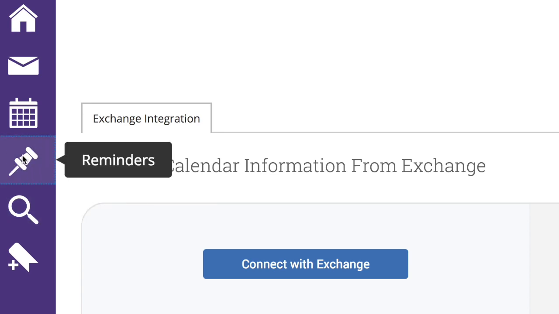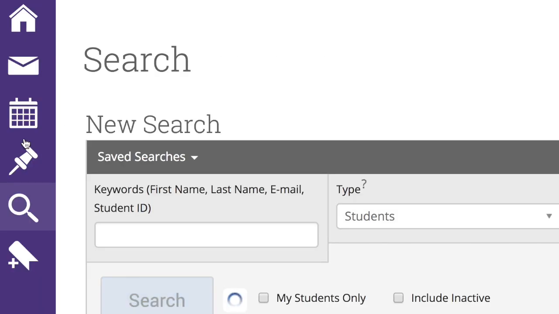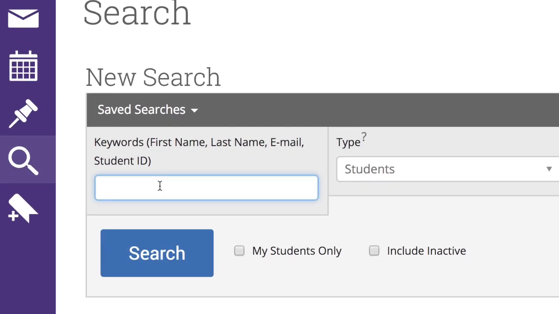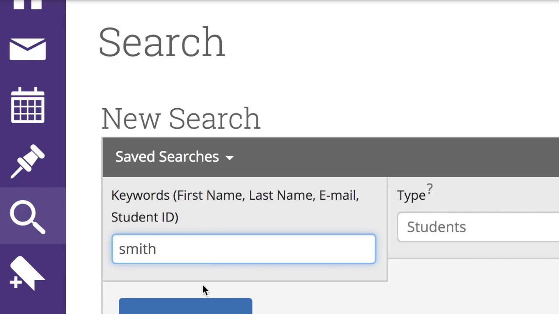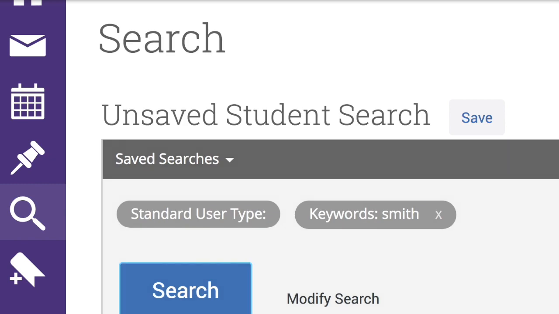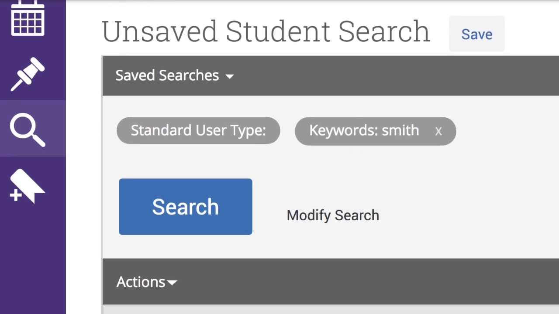Also, you can set up reminders for your students, and this is just for you. So if you need to send the syllabus again to a student, then you can set up those reminders here from a student's profile. Also, you can conduct an advanced search, and if you select Smith, then you can actually click a student's profile,